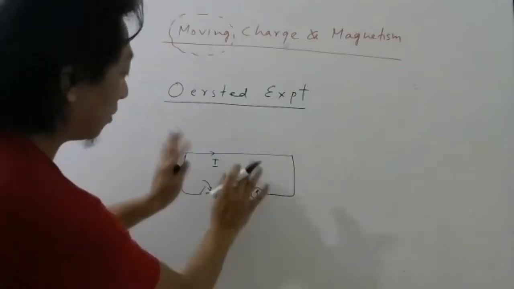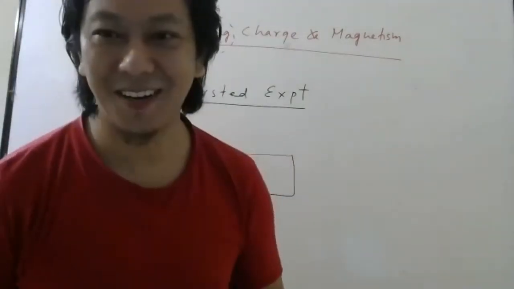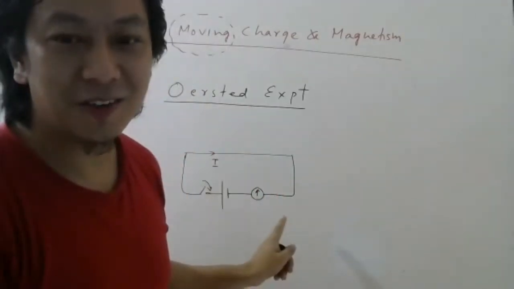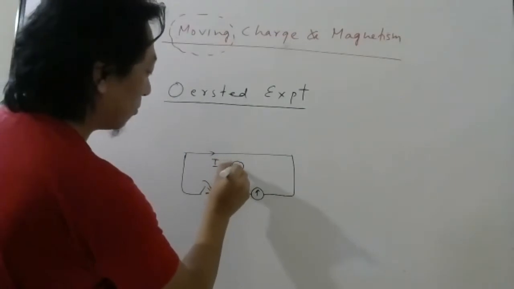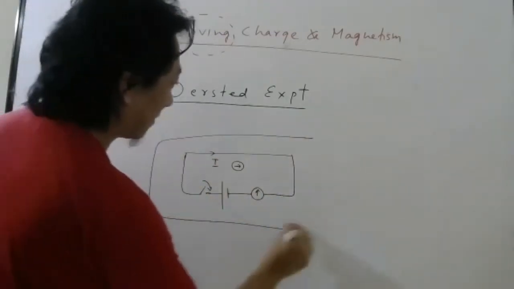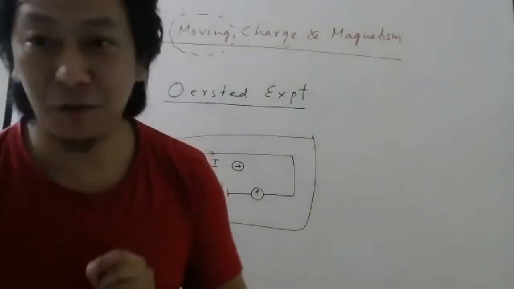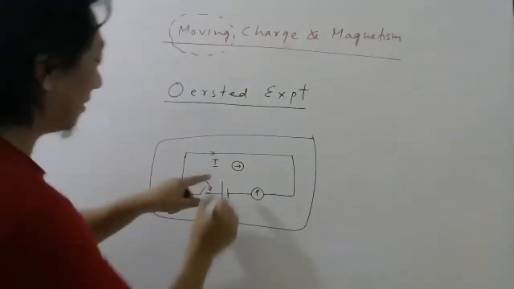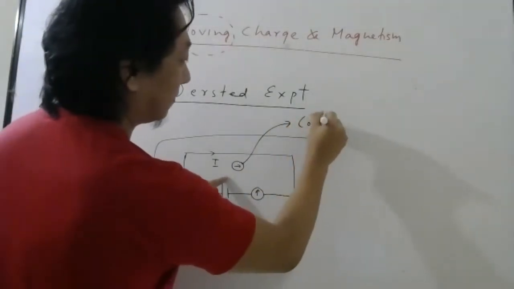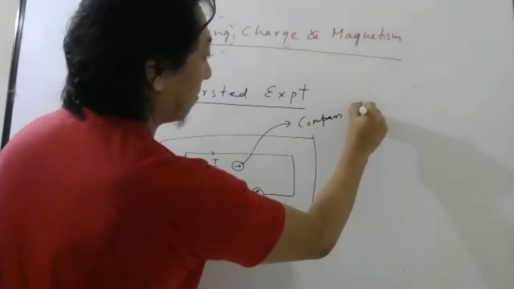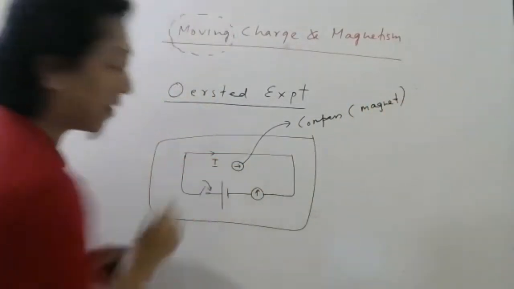So he told everyone to concentrate. But some students will always be there who will not concentrate. So some students were not concentrating on this needle, but they were concentrating on one more needle which was lying on the table. And that needle was not a galvanometer or ammeter. That needle was your compass. Matlab, it was a magnet. This needle here was a magnet.